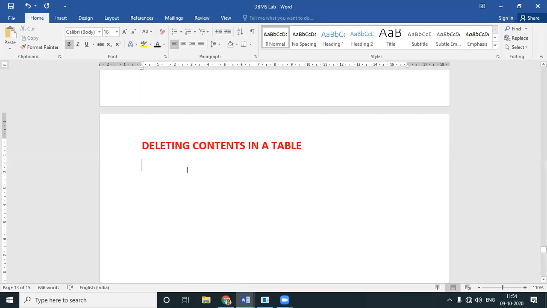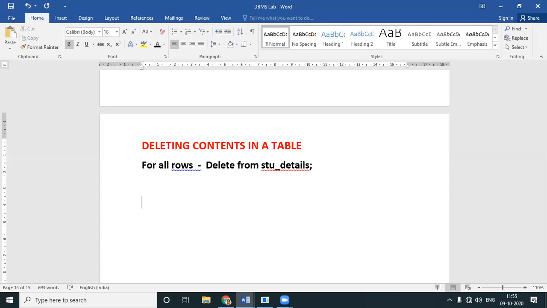So now we'll see deleting the contents from a table. You know how to delete entire things from a table. Imagine you want to delete all the details. You write delete from table name. I'll not do that, the whole thing would go away. For all rows to go away together, you can simply give delete from stu_details, or whatever is your table name. All the content would go away.